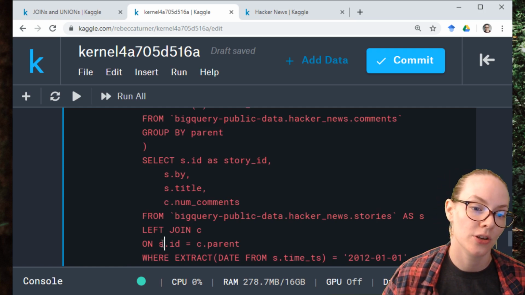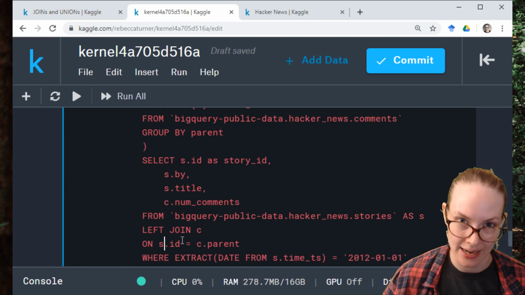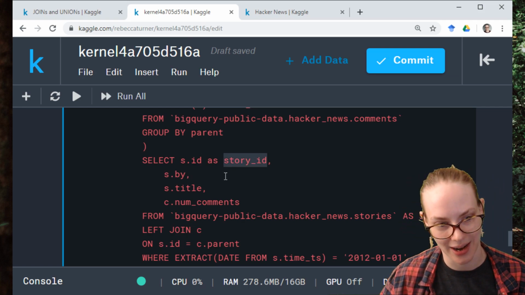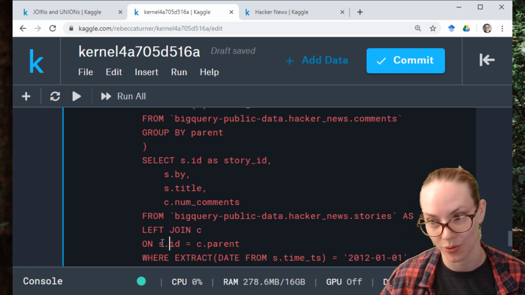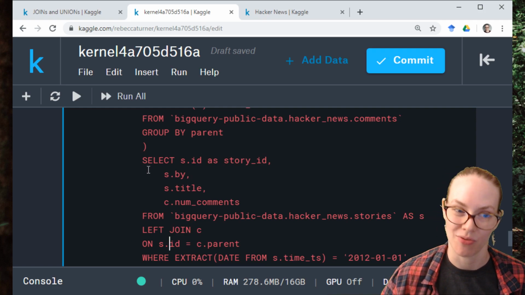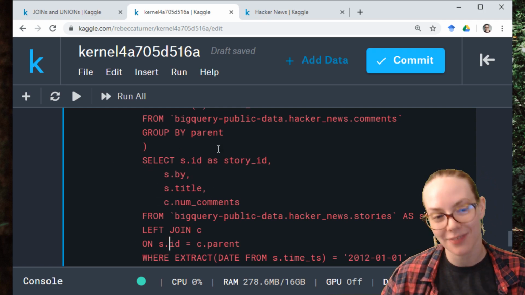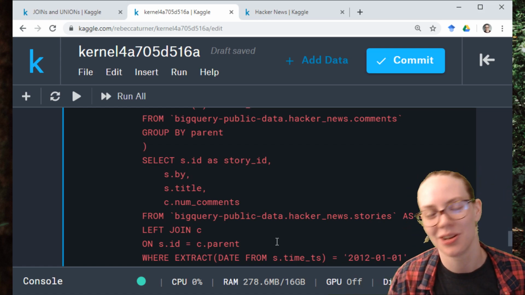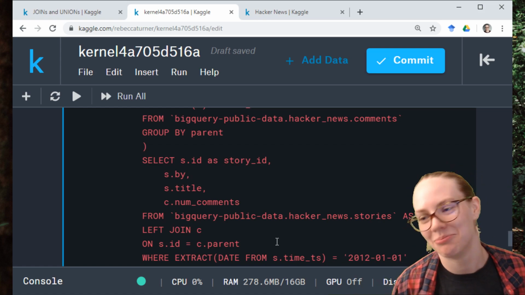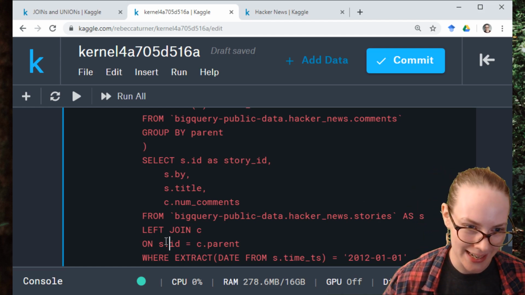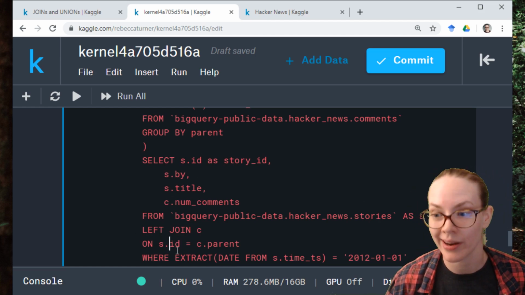And we're going to use s.id. Unfortunately, we can't use story ID down here when we're talking about the join, because the join is evaluated before the select. So if you specify something in select, you can't refer to it in the join, which is confusing, but you can't. Just remember that. On story ID, and we're going to say, hey, the story ID column is the same